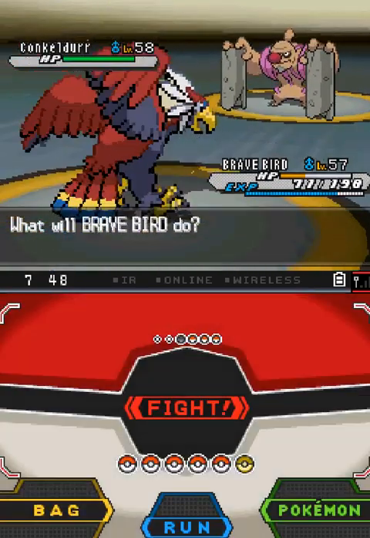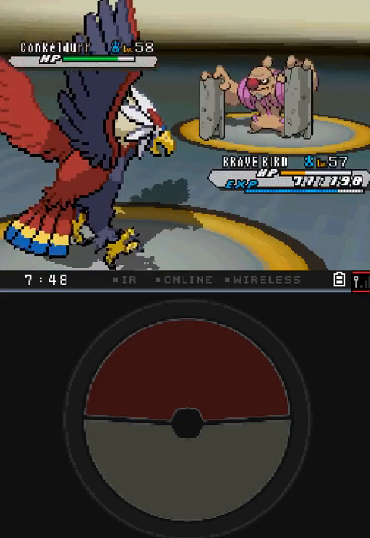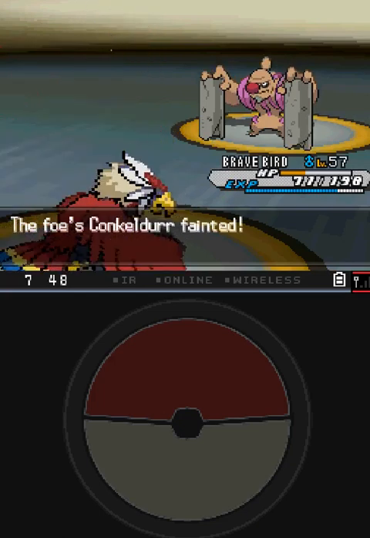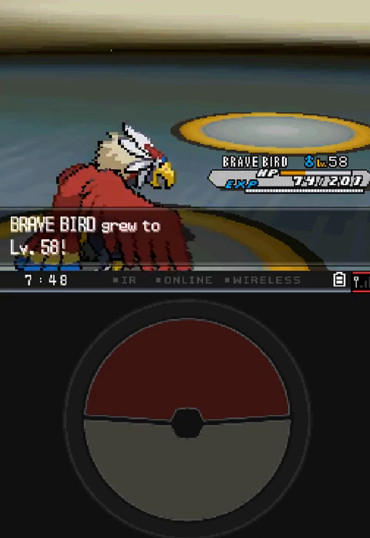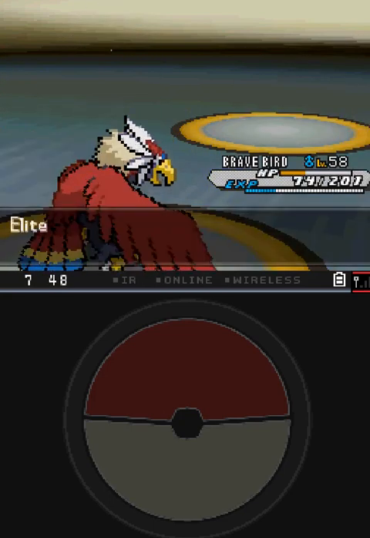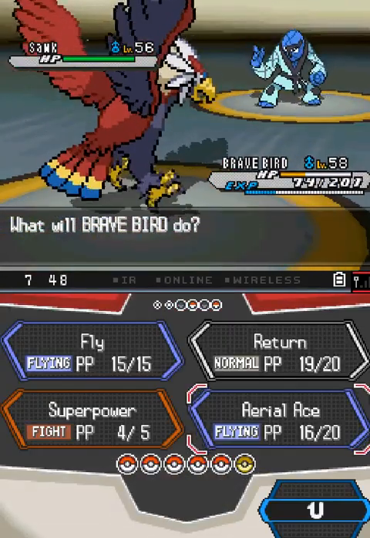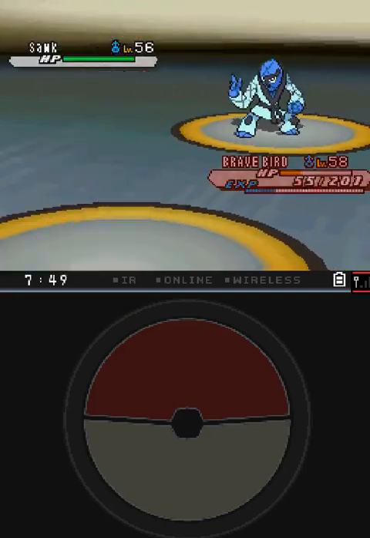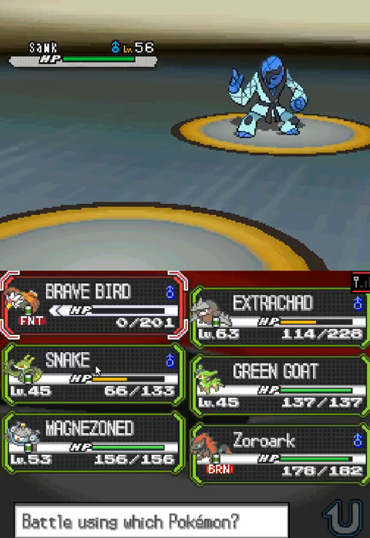Conkeldurr we can one-shot. Nothing to worry about here, because Conkeldurr is already even much slower than the Pokemon we just killed. But it's good that he sends out such a powerful Pokemon this early on. Next is Salsk. Salsk definitely has more speed. Yeah, it has more speed, and what more, it will probably...